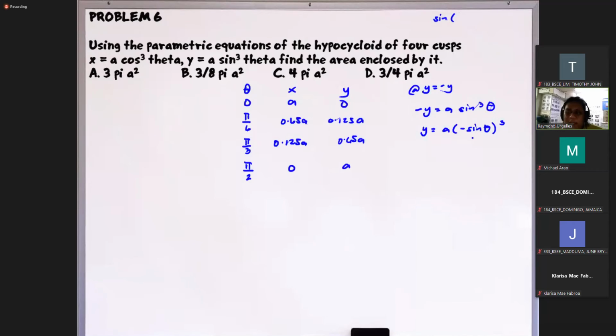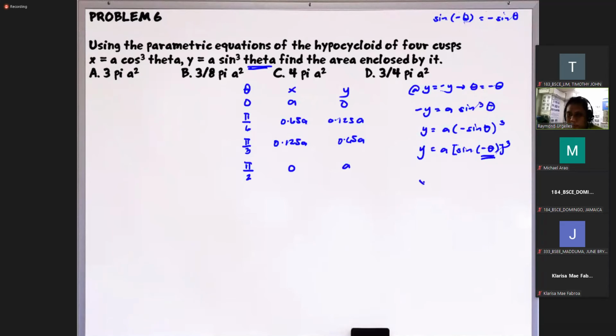Ano ba yung magbibigay sa atin ng negative sine of theta? So I think the sine of negative theta. Diba? So again, this will give us a negative sine theta. Diba? Okay, so therefore, pwede natin itong gawin. So A times sine of negative theta, so then this will be raised to the third power. So as you can see dito, sa equation na to, yung theta, napalitan lang ng negative theta. No? Pag pinasok natin ngayon yan sa x, diba? So then you will get that. So theta, this will give us theta is equal to negative theta.